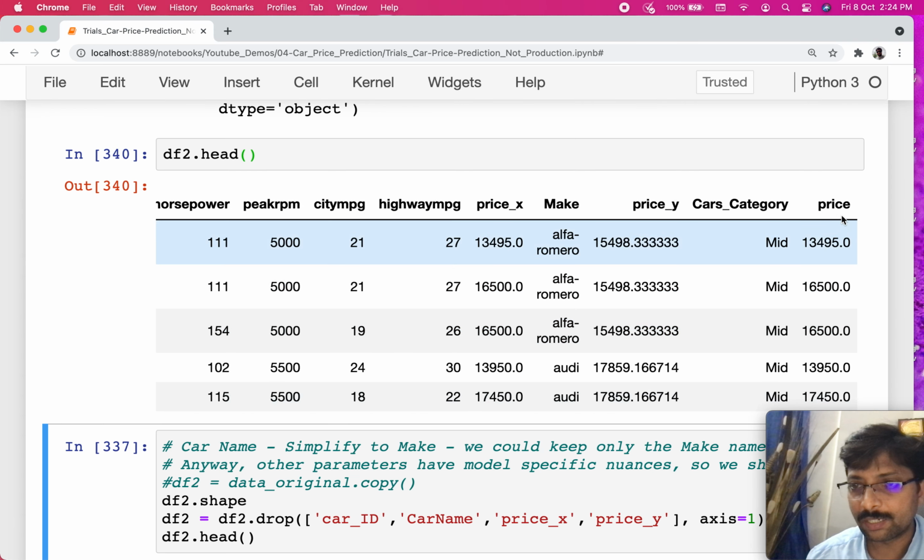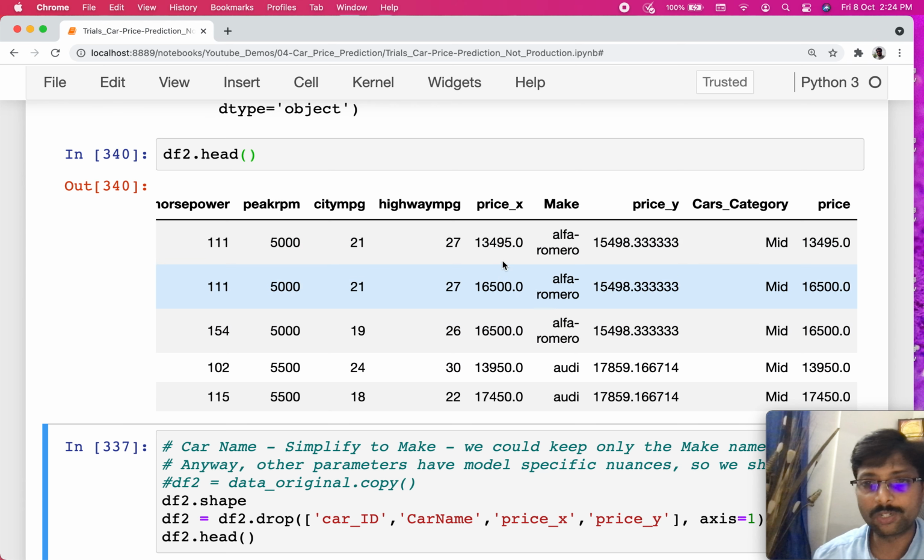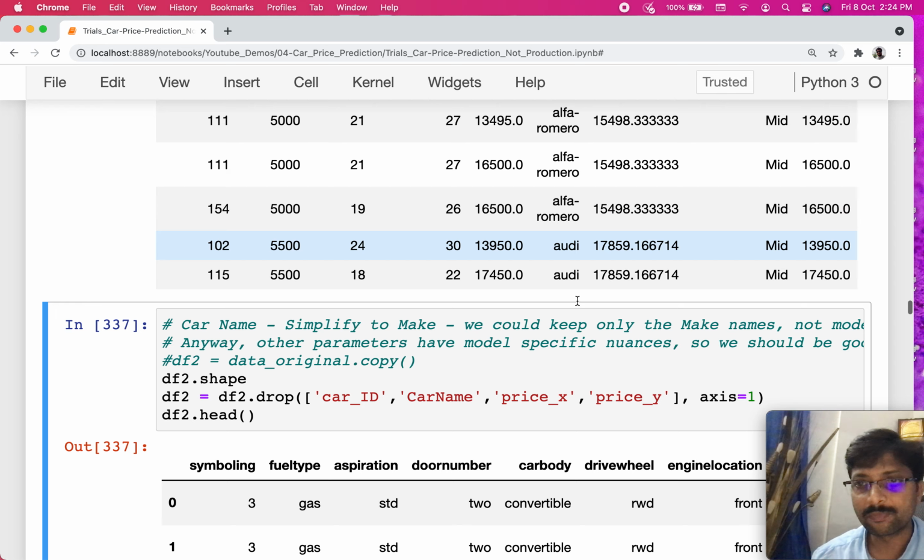We can see that now there is a price and there is also a cars category. And if you remember, we also had price underscore x, price underscore y columns that were created during the merge. We will remove these columns; these are not required because these were created as a result of that outer join operation we have done. But since we also have the price, we'll remove that.